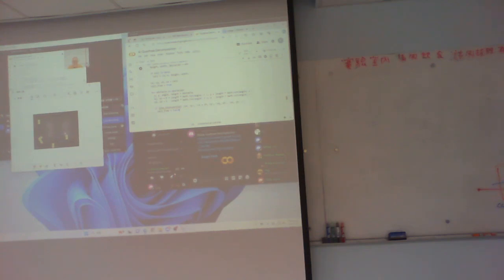If the line intersection from CX, CY to CX plus CH, CY, for the line x1, y1, x2, y2, if that is true, then the cell is not free. And we can break out here, yes. Else if the line intersection